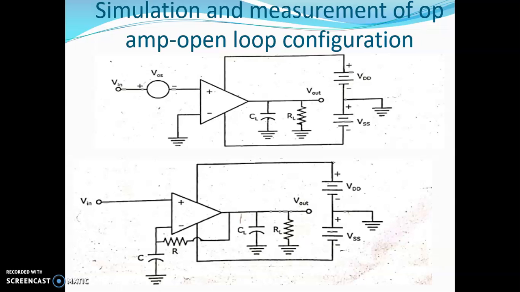Then why is it important? Why do we have to simulate and why do we have to check? Because before the model is fabricated, first we have to design the model. After that we will be simulating and checking the results. After checking the results, then we will be fabricating. After that we will be seeing the physical verification. Okay?